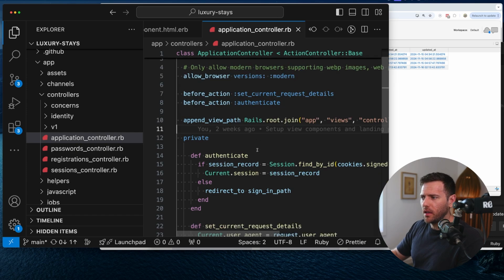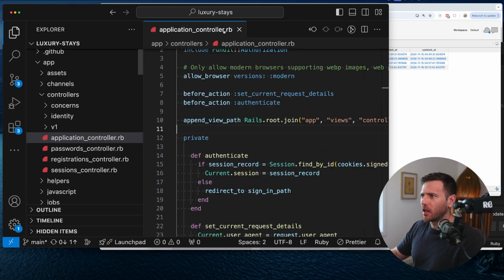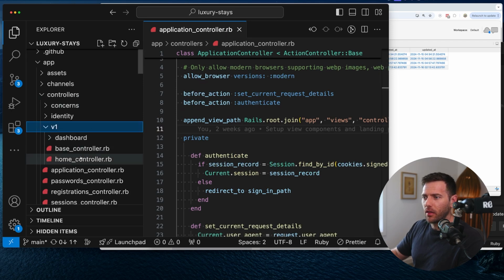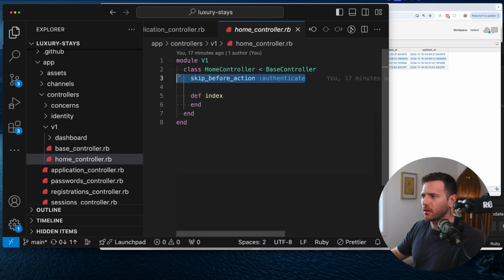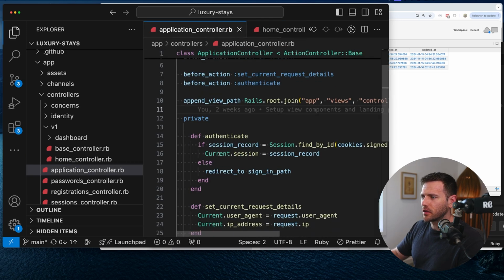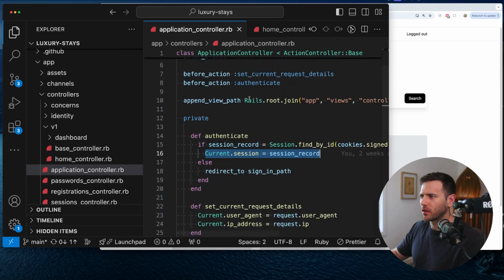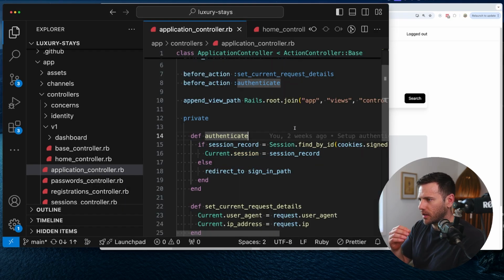We made a little change, and this is a little gotcha: on the home controller, we skip this action, and that action is actually what's setting this here. We've skipped this because we wanted users to be able to see this while not logged in, which is correct. But what we can do here